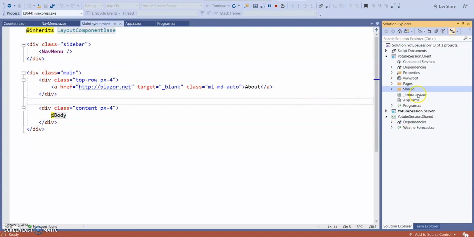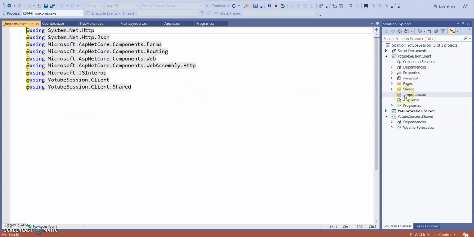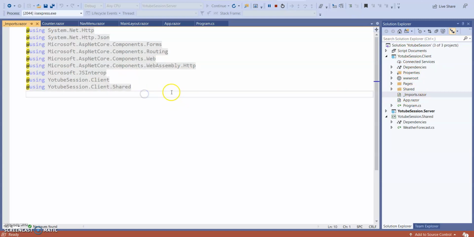So what is _Imports.razor? You can see in _Imports.razor, the complete client application is importing all these namespaces.